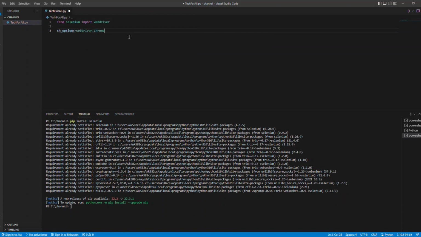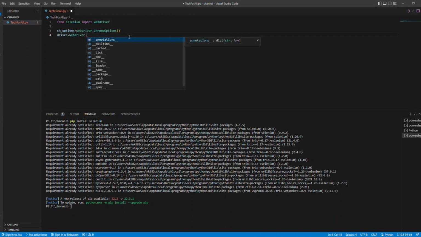We're going to write chrome_options as a new variable, chrome_options equals webdriver.ChromeOptions function. Another variable is going to be driver equal to webdriver.Chrome,